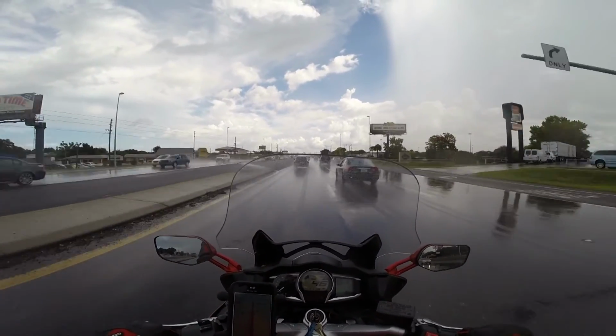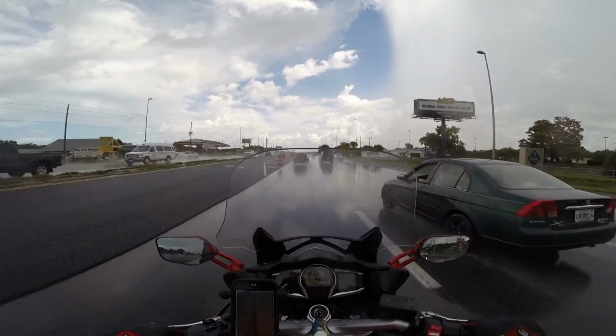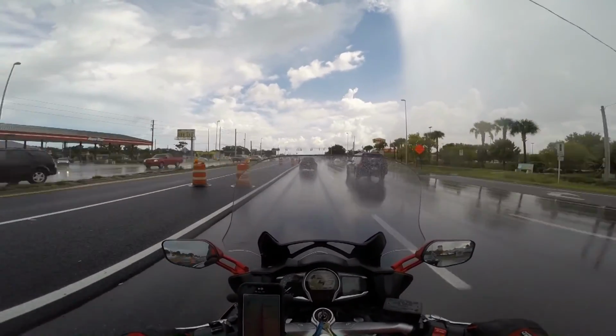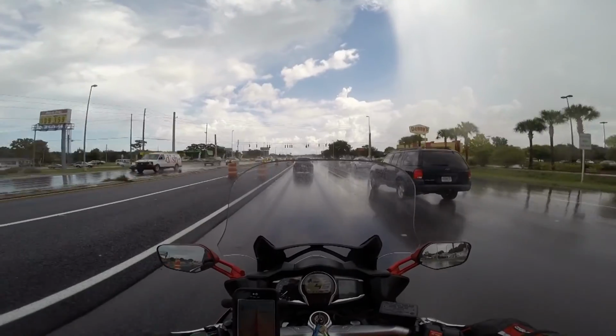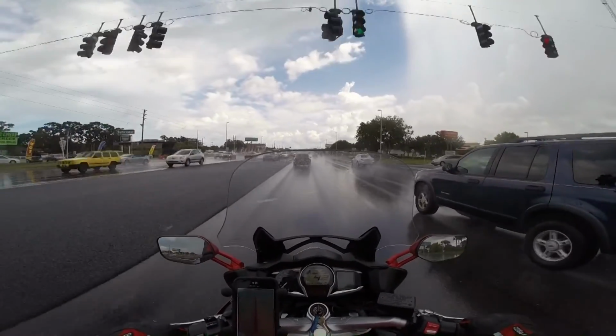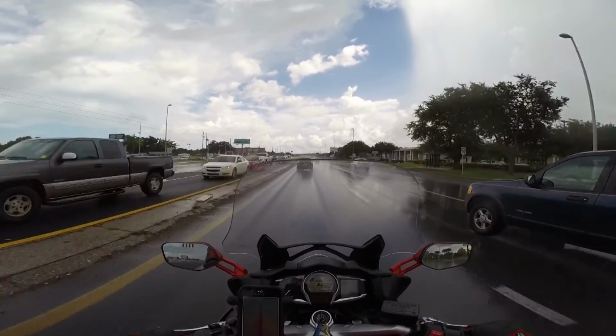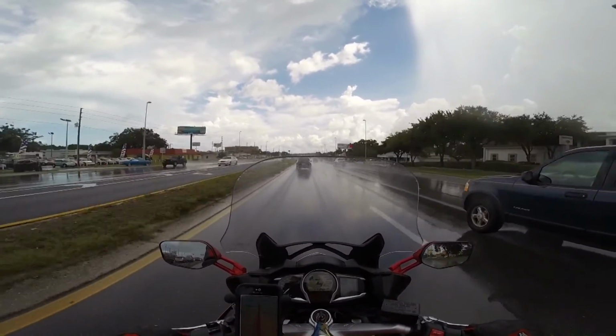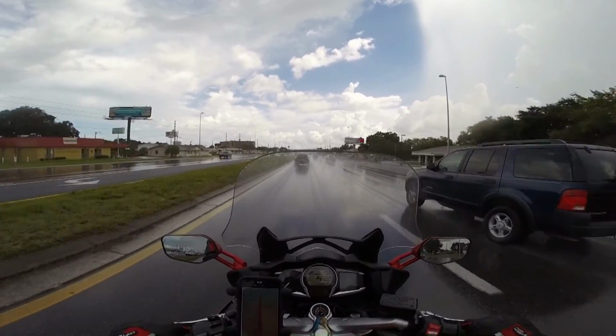Lots of construction on 19 here. They're putting in all new medians with new turn lanes. They're repaving everything, taking some out, putting some new in. They're doing a good job. It's actually going fairly quickly. Been going on about a month now for about a 10-mile strip. And the other cool thing is,